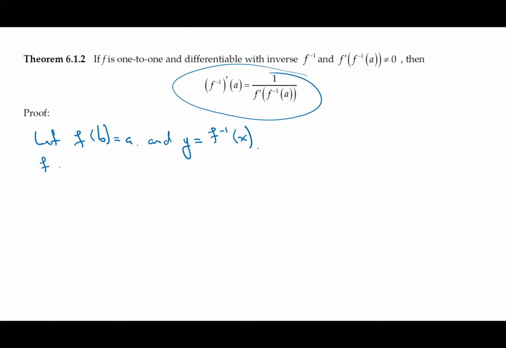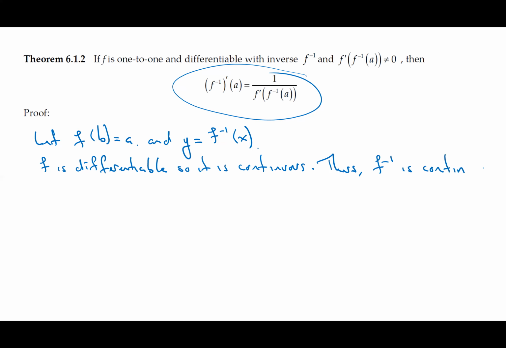f is differentiable, so it is continuous, okay? Thus, f inverse is continuous. All right, now,